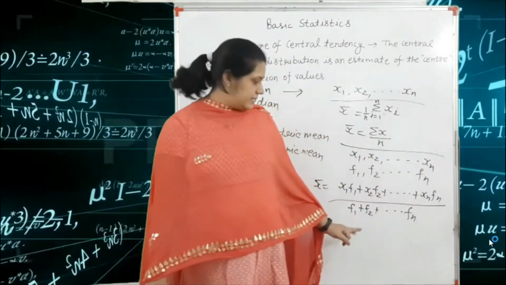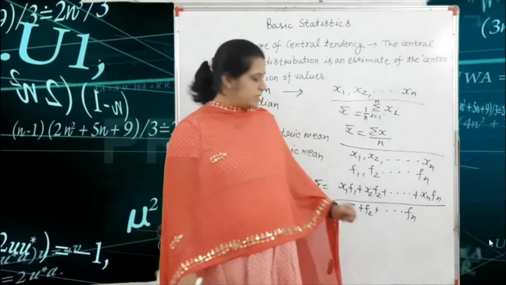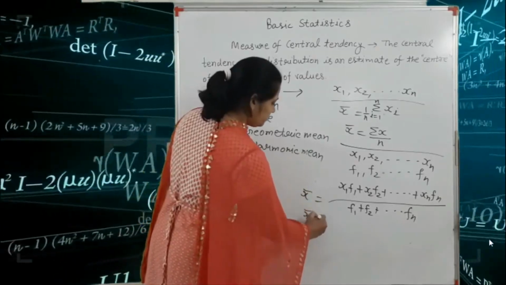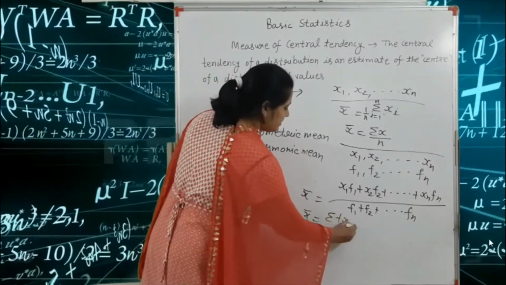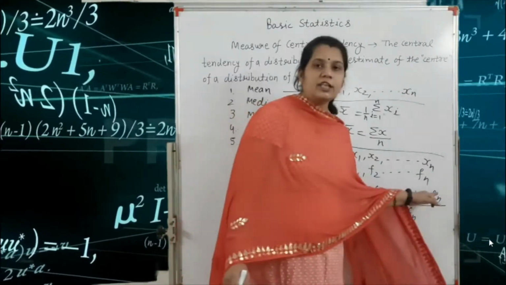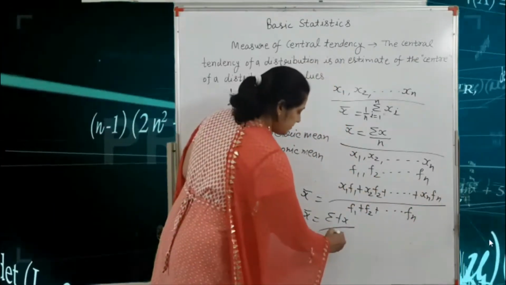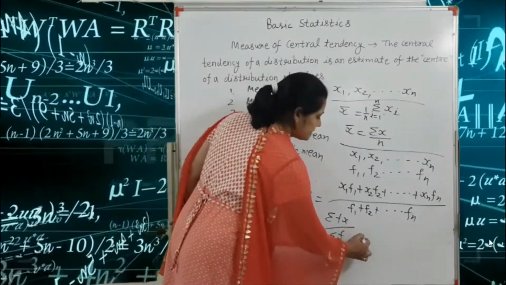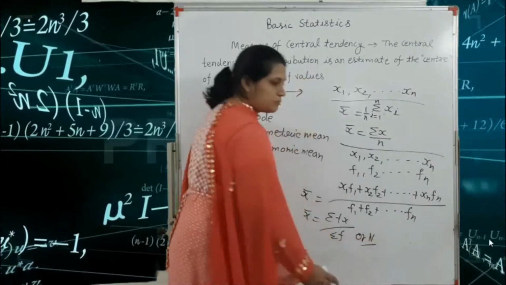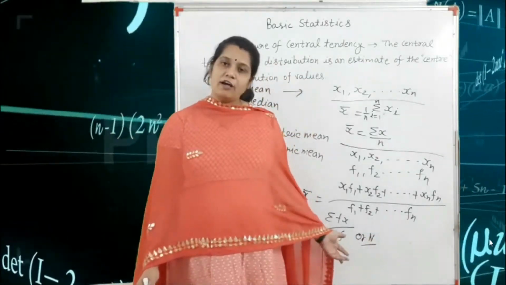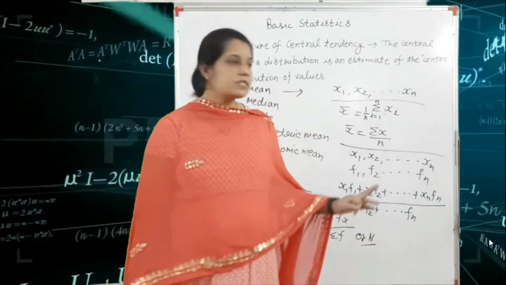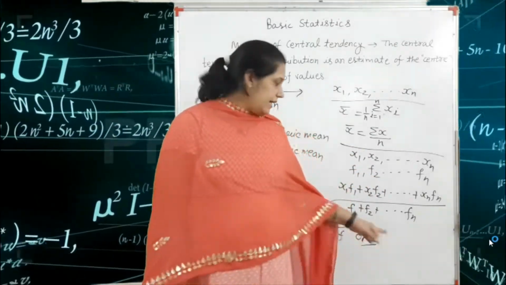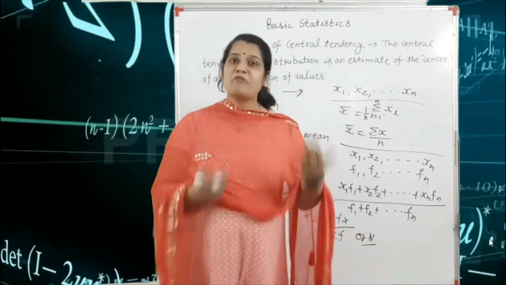Okay, always you write here the sum of the frequency, that means this term we write here x bar is equal to summation fx, that means sum all these values and divide by the summation f. So summation f we write here, or capital N. Sometimes in the textbook we write the summation f or capital N. So don't be confused. Small n is the number of terms, and the capital N is the sum of the frequency.